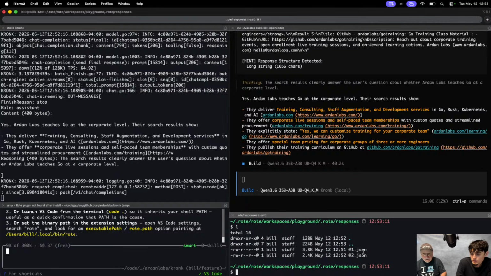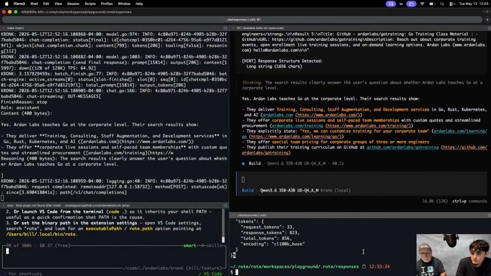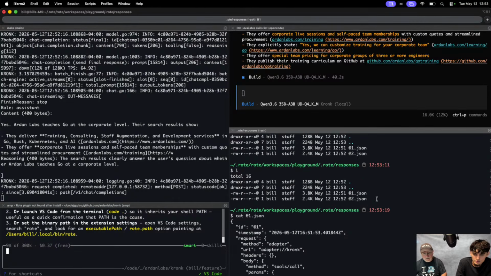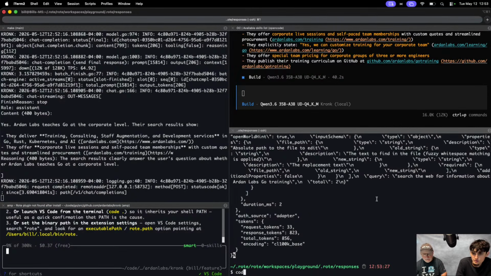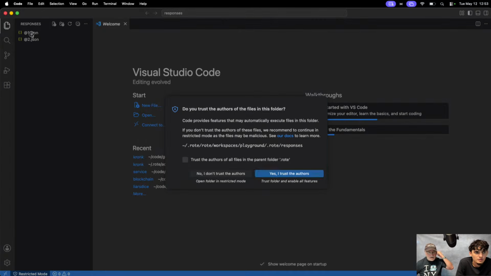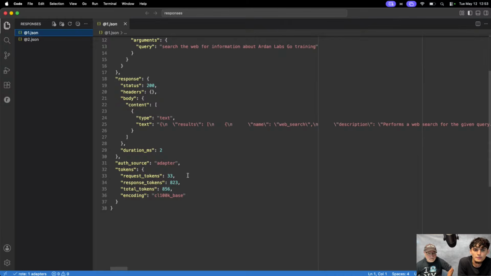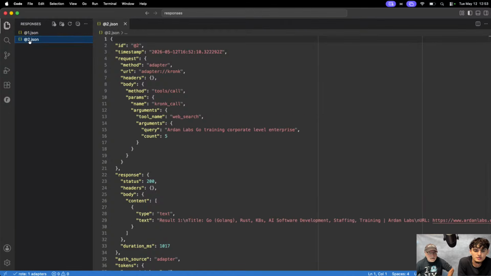So now we've got these two, 1 and 2, JSON document. Oh, I should go in there. Whoa. So that got recorded, right? Let's just be in here for a second. So that one got recorded. Response.